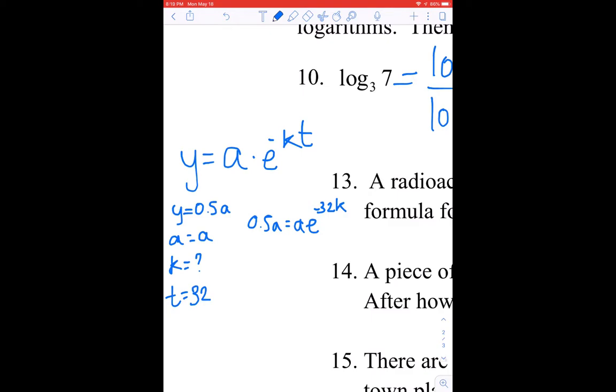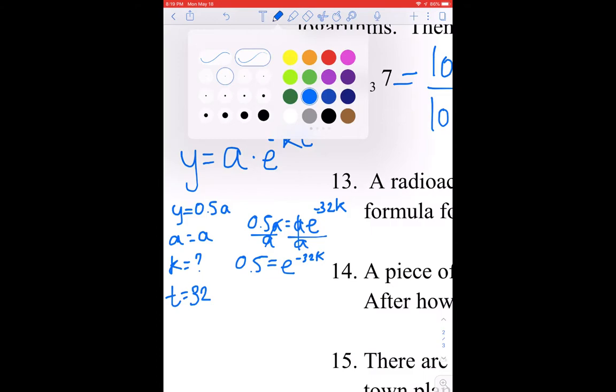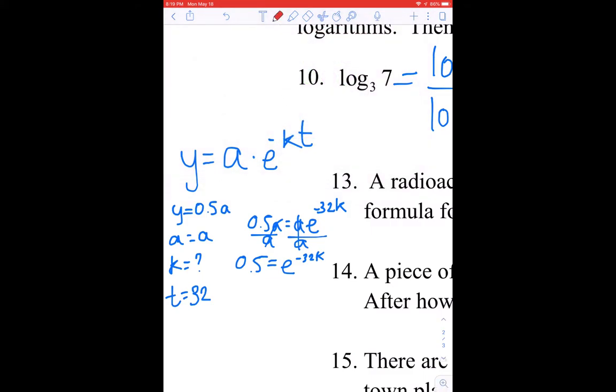And then actually you can just cancel out the a. If you divide by a on both sides, the a actually goes away on both sides, and that's really good because now the only unknown that we have is k, which is what we're solving for, e to the negative 32k. And just like in the other problem I did, you have a k up in the exponent and you need to get it down to earth, so we're going to take the ln of both sides, and we have ln of